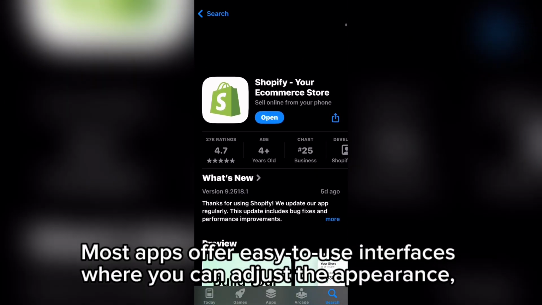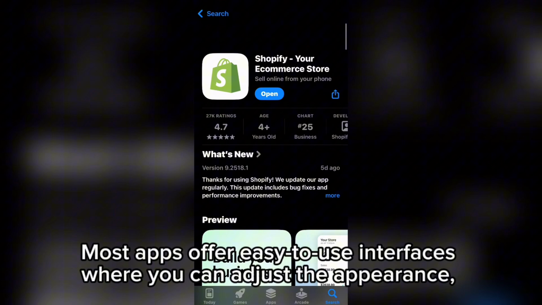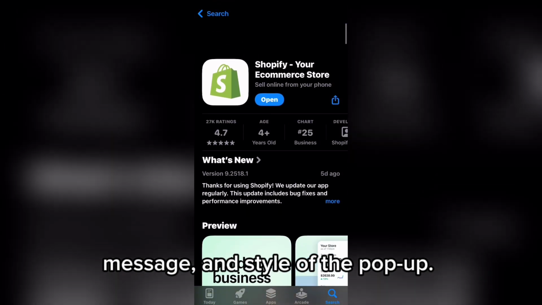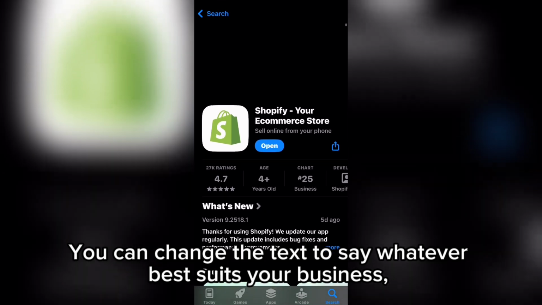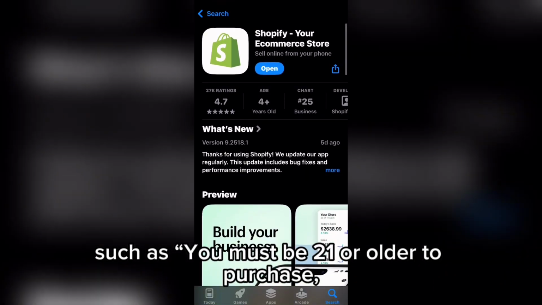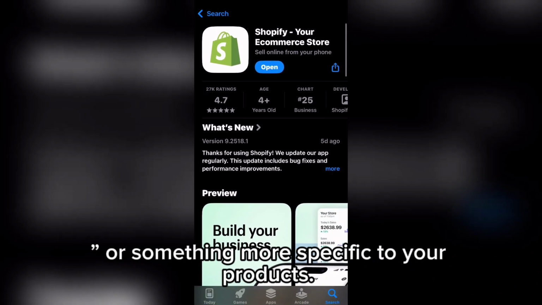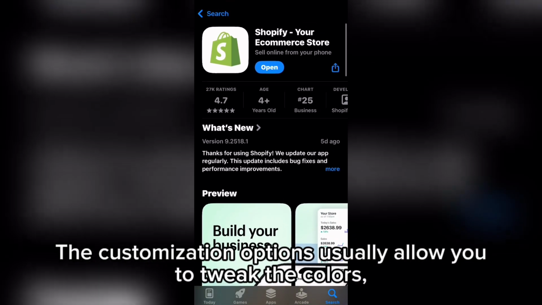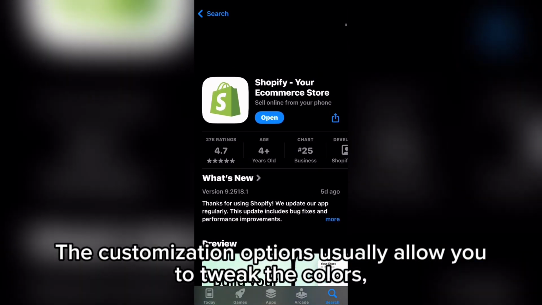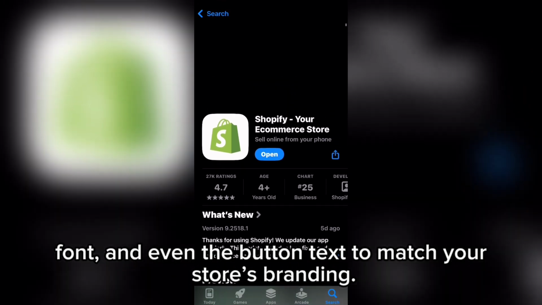Most apps offer easy-to-use interfaces where you can adjust the appearance, message, and style of the pop-up. You can change the text to say whatever best suits your business, such as "You must be 21 or older to purchase," or something more specific to your products. The customization options usually allow you to tweak the colors, font, and even the button text to match your store's